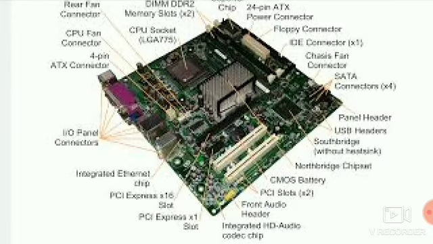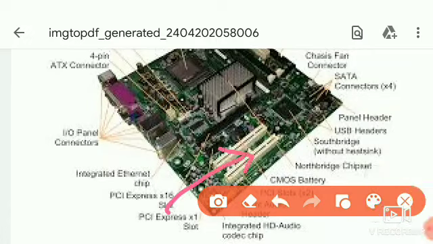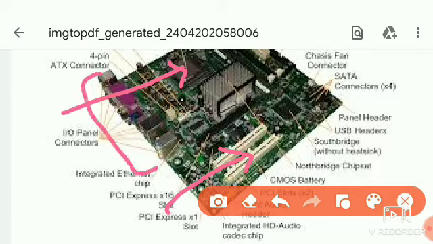In this picture you can see this is the slot of RAM, read-only memory. Here this is processor, and the ports are here. Through these ports we can connect monitor, mouse, keyboard and other external devices or other parts of computer. All the cards that are related to video or sound are also connected to this motherboard.